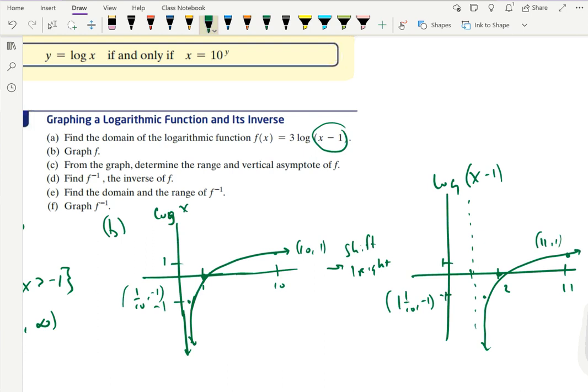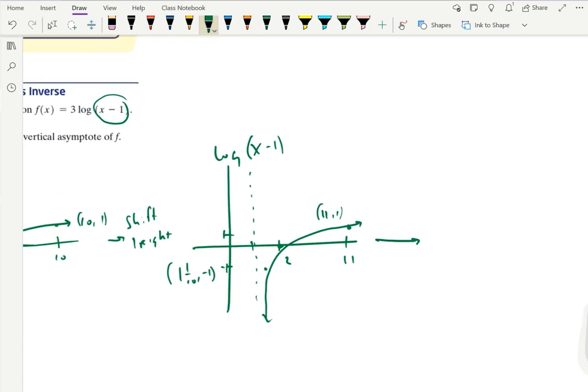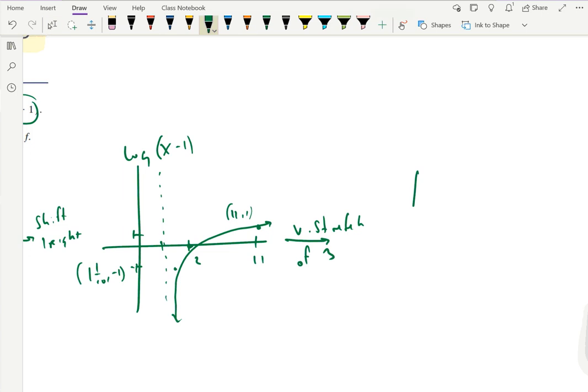Now we've got this 3. That 3 then is a vertical stretch of 3. That means I'm taking all my y values and I multiply them all by 3. So I still have my vertical asymptote here at x equals 1. I'm still going to have over here 2, 0, because that's not going to change. But out here at 11, instead of being 11, 1, I'm now going to be 11, 3,